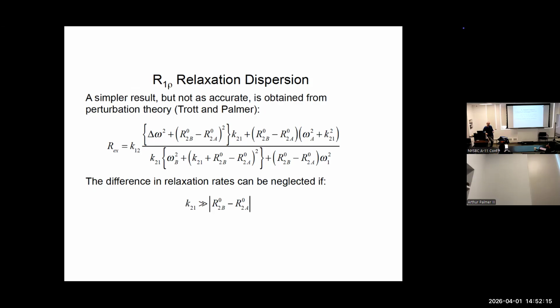And this, in fact, is how DEST works. In the DEST experiment, the minor state is some enormous amyloid fibril. So the relaxation in the minor state is instantaneous. You never jump back to the major state. So delta omega is unimportant in the DEST experiment. What becomes important is the difference between